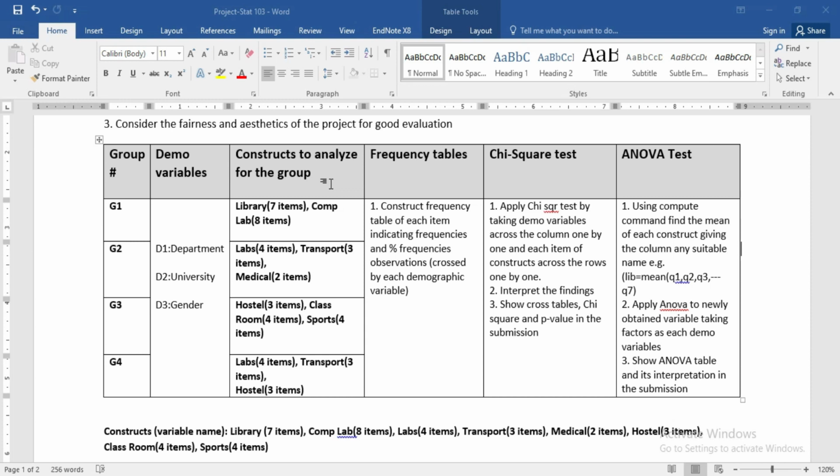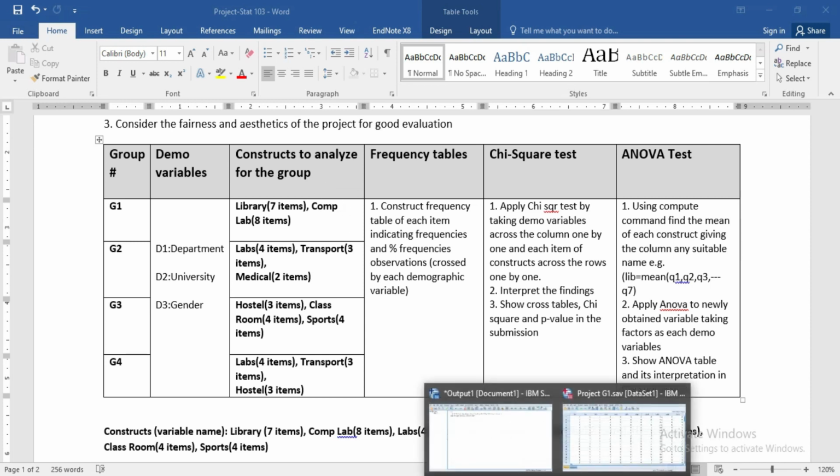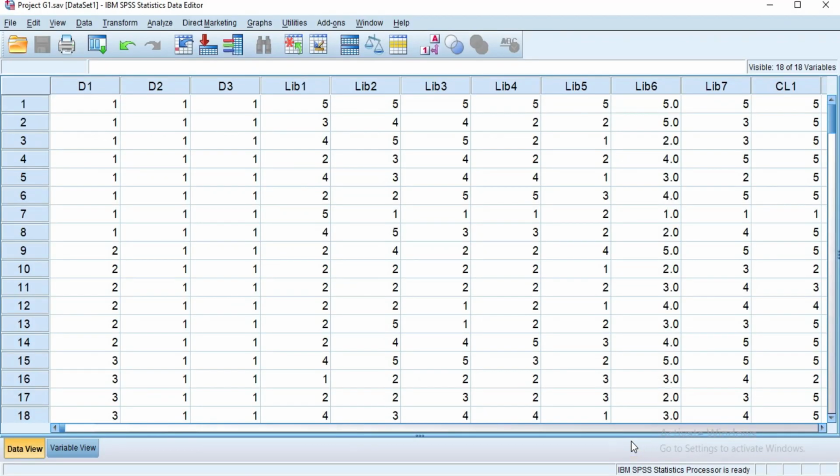And now as I move to the SPSS data sheet, I will brief you how you can have this sort of frequency table. So I have opened one of the data sets which is G1 data. So you can see here that is your G1 data set. Here you can see the 3 demographic variables, and then we have several items: library 1, library 2, library 3. So here we have 7 items for the library, and